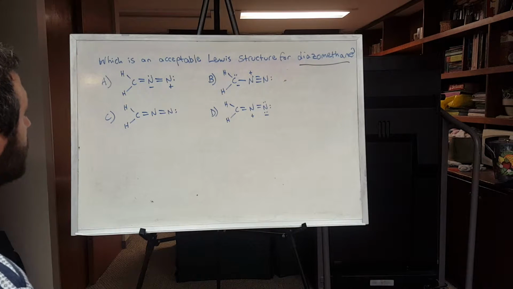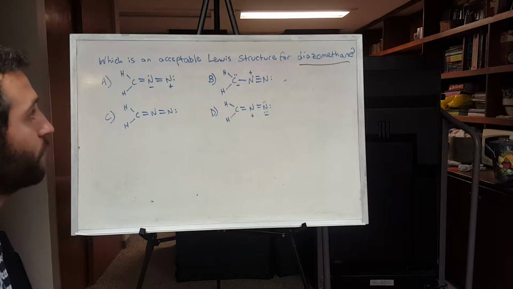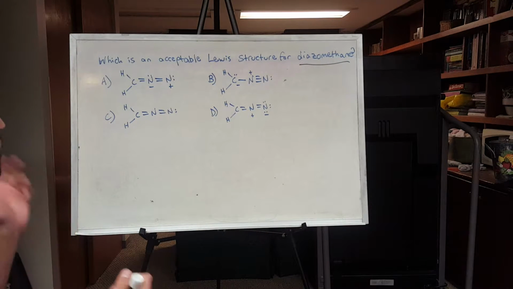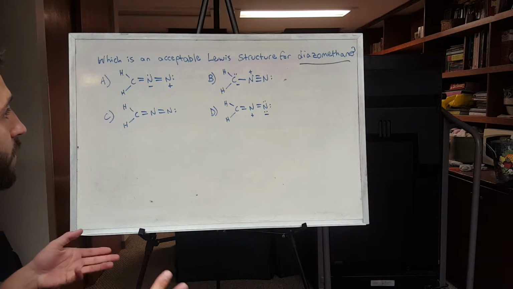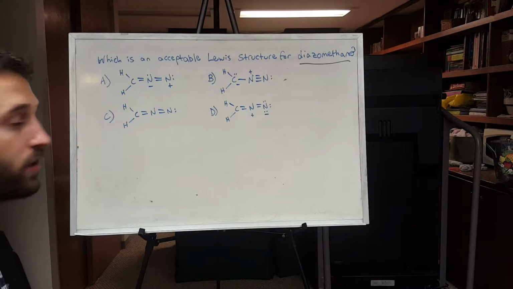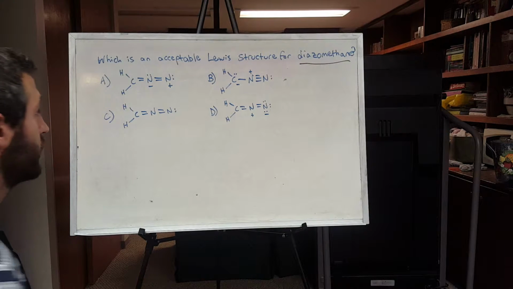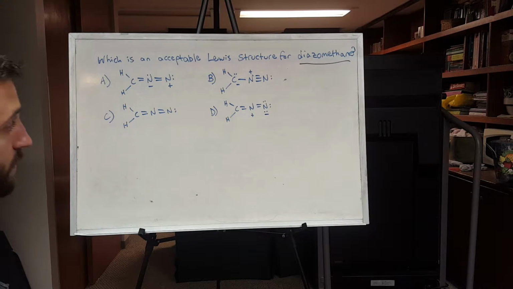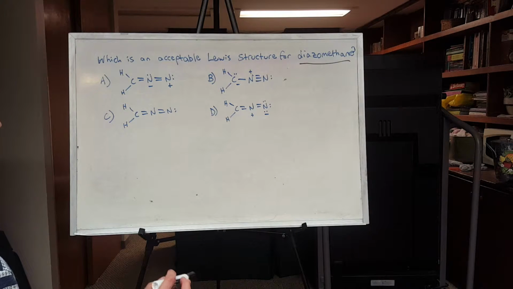The key for this problem is it just says what is an acceptable Lewis structure, not what is the most acceptable Lewis structure. So really, we just want to see which one of these four passes the test as far as getting by with our rules for Lewis structures. We first want to make sure we follow the octet rule. So every atom that is not H should be bonded to four different things, or should have four different